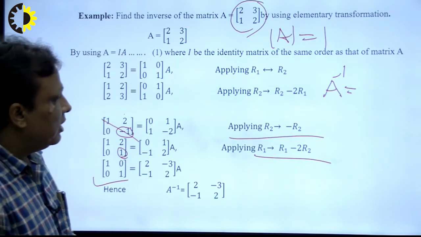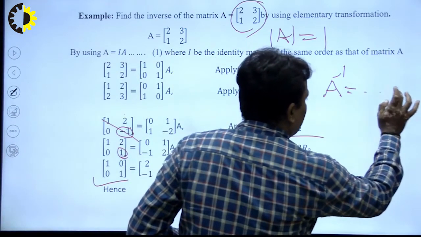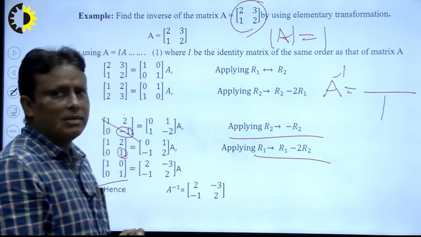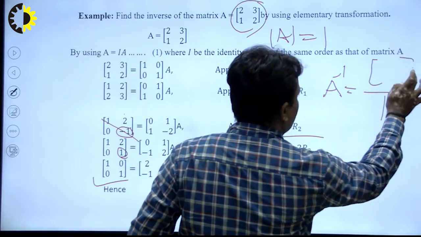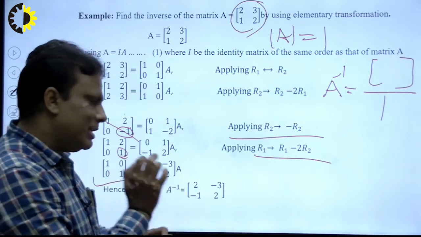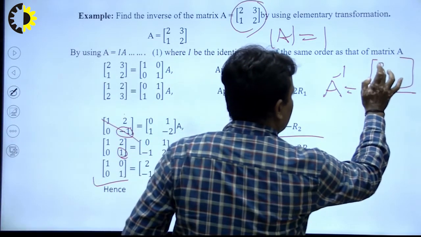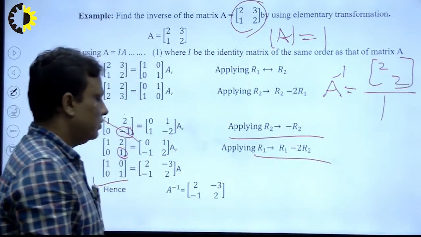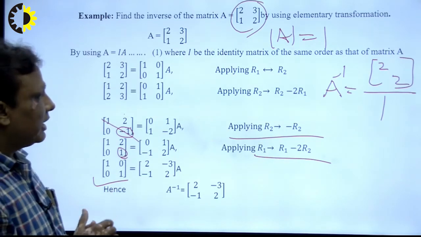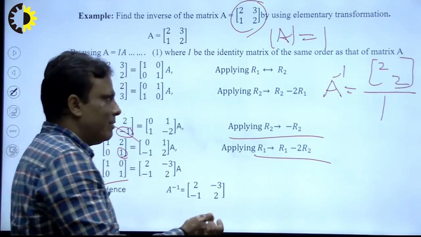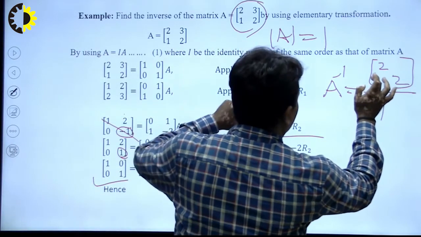So what will be the value of the determinant of A? It is 1, right? How to calculate the adjoint directly? If the matrix is 2 by 2, the diagonal elements will be interchanged, so here diagonal will be 2 and 2, and the remaining elements remain the same with minus sign. So there will be minus 1 and minus 3.